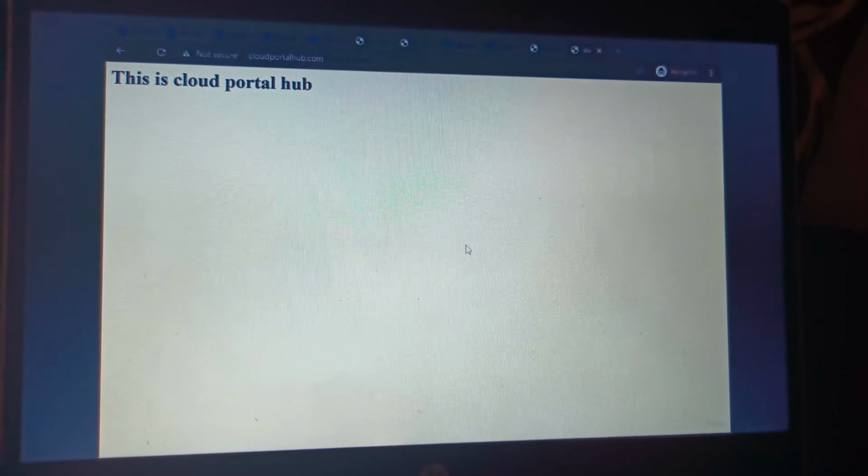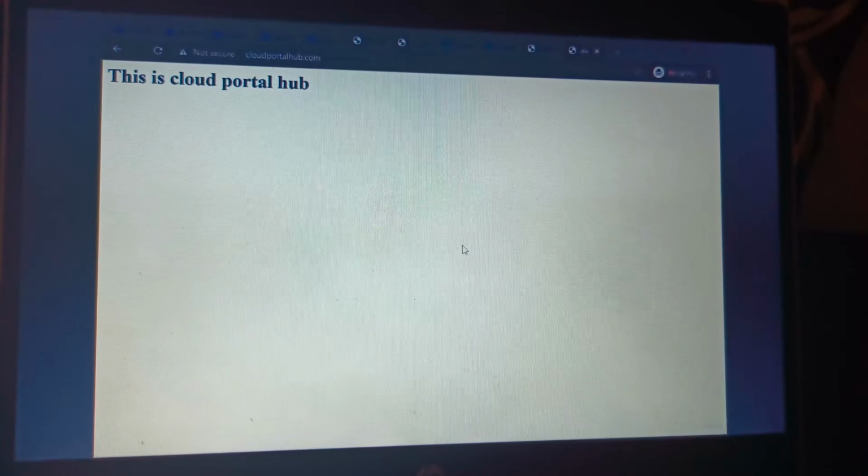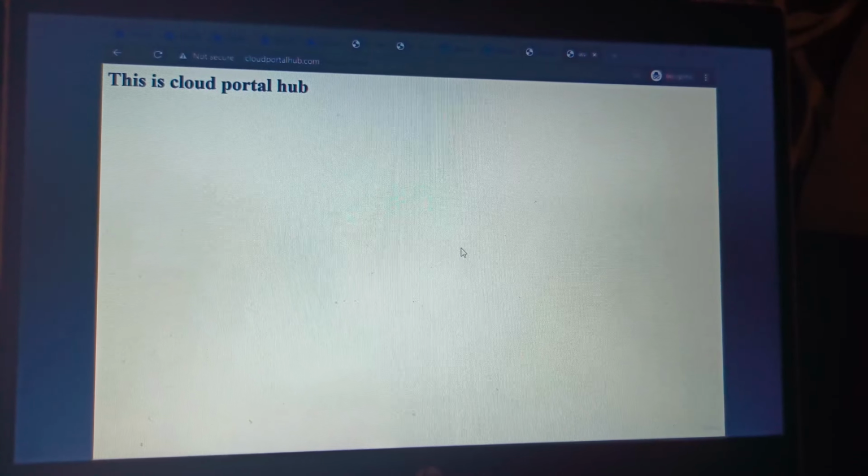Similarly, in another tab, I'll go on to cloudportalhub.com, default.html, and I can see the home page for Cloud Portal Hub. So remember, this has been done because we created two backend pools for our virtual machines. So now the